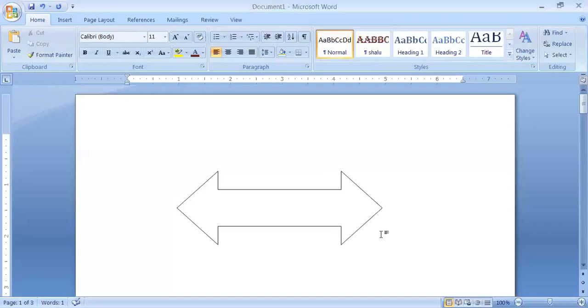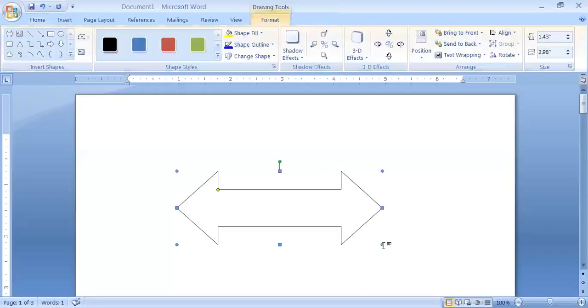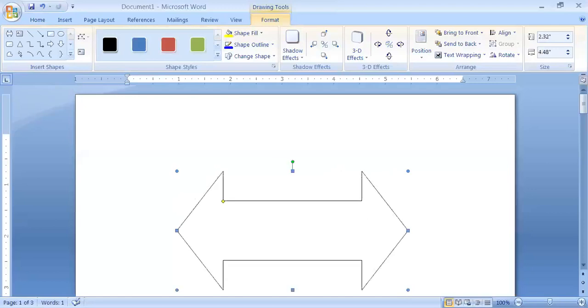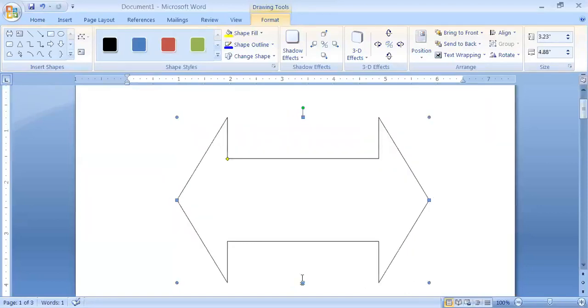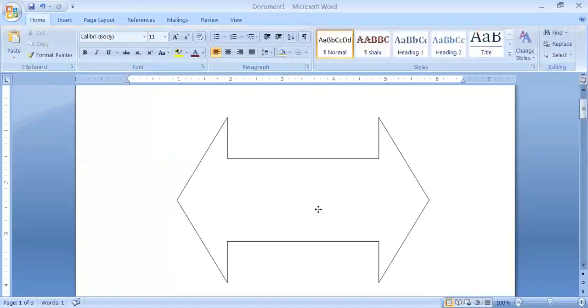Now the shape and size depend upon your selection, upon your choice. If you want to insert a shape of a big size, you can drag it or you can change the size of the shape like this. And if you want a small size, then you can also shrink it to a small size. Now when you click it, usually